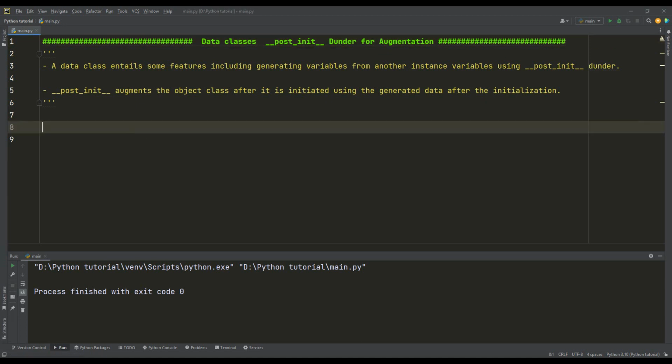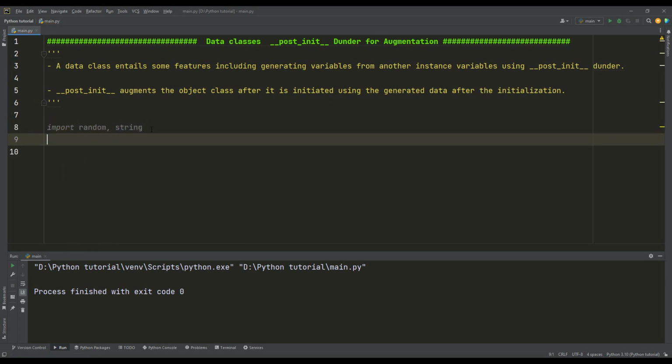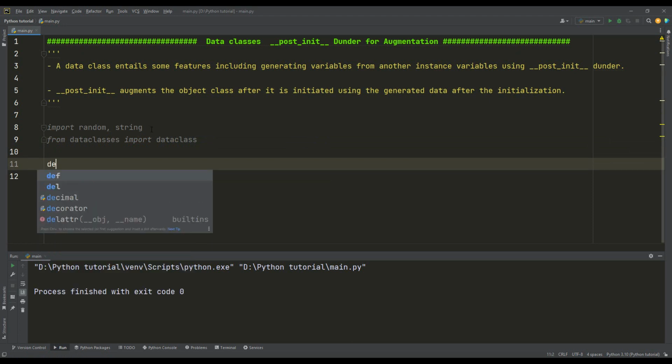Okay, so let us start by importing random, and I will also import string to create an ID generator. I will also import from dataclasses. Okay, I will import dataclass, and I will start by defining